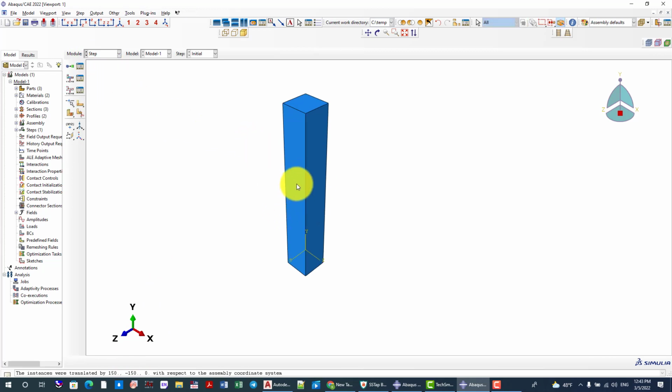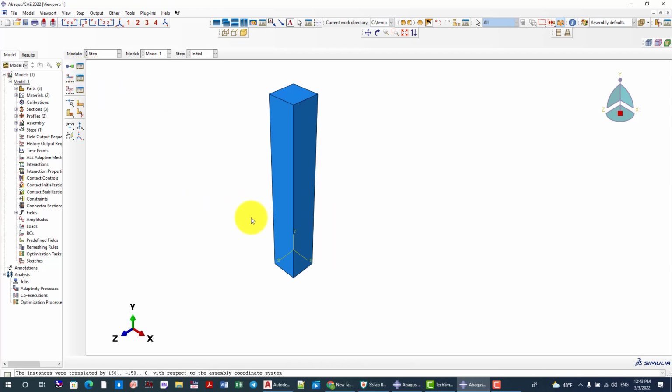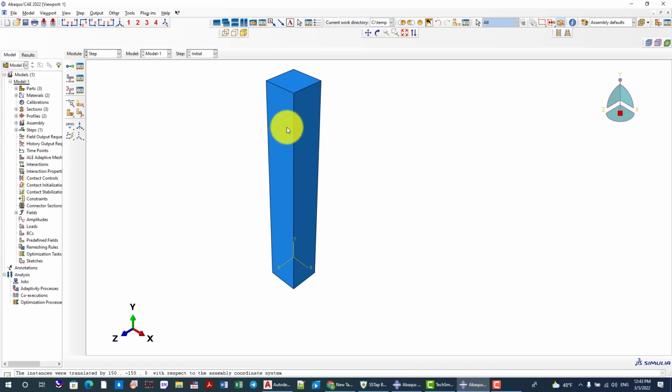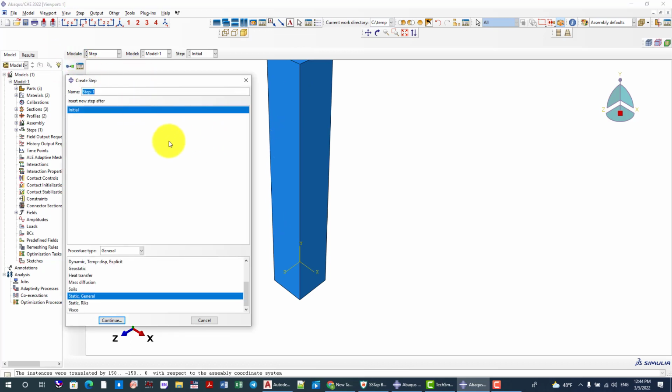In this part, I just want to consider a standard solver or static analysis, and the second part is the evaluation. So first we will get the capacity curve, and then apply the loads in the next step, and in the next step we can consider some shear failure. So this is now going to define a static, selecting general static,